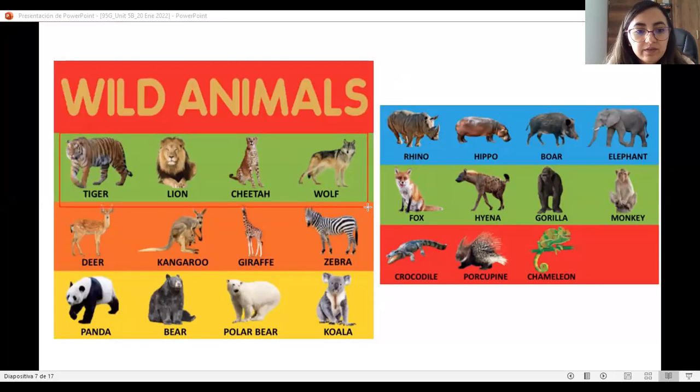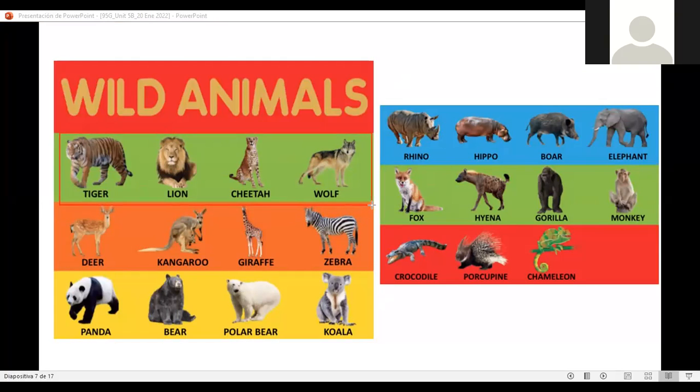Jairo, can you help me with the first 4 animals, please? Okay. Tiger, lion, cheetah, wolf. Exactly. Tiger, lion, a cheetah, and a wolf. Very good. Let's move with the next 4. Can you help me pronouncing the next 4, please? Wendy?